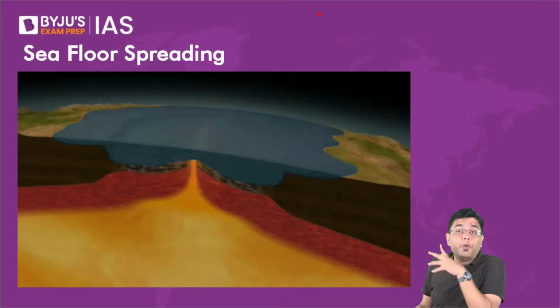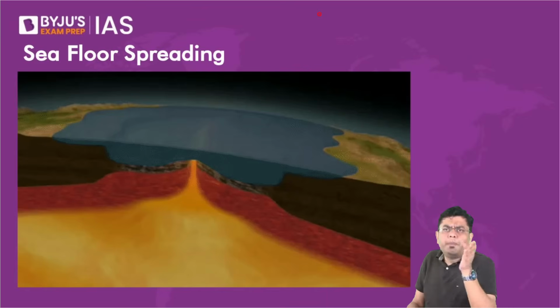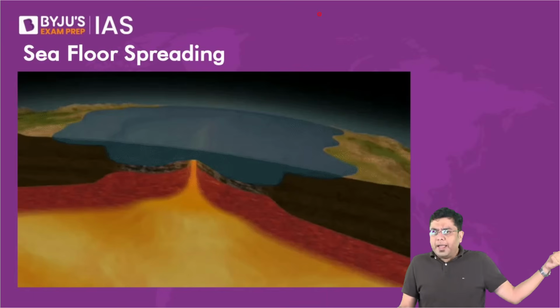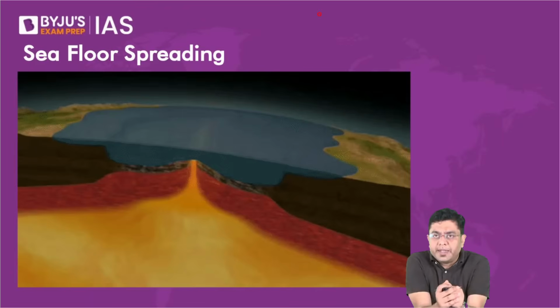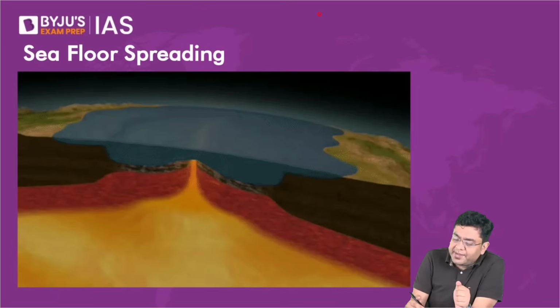Now, these sonars were deployed significantly by the US and the British Navy. By that point of time, they had also cracked the Enigma, the German code, and they were able to know the location of the submarines pretty easily. So, the Second World War ended. Now, once it ended, what to do with all these modern equipments? That is when various naval expeditioners and explorers started exploring the bottom of the sea with the help of these equipments. One such American naval explorer was Harry Hess.